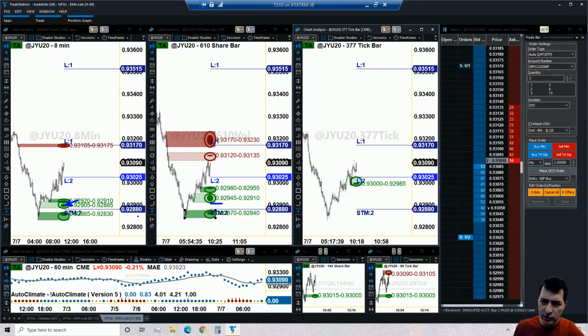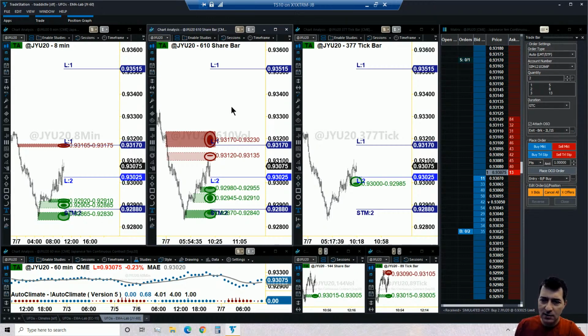Now if you look at the location of the stop, you will see that on the chart on the right, it's on the white space. The chart in the middle, it's on the white space. The chart on the right, it's on the white space. So in other words, we have no stop inside of a UFO, which is the way to do it. Stops are to exit, UFOs are to enter. So we don't want a stop inside of a UFO. We want the stops outside the UFOs. Now, if this is your entry and below is your stop, the semi-distance projected above brings you to your safety target, 93.17, and then the final target all the way at 93.515.